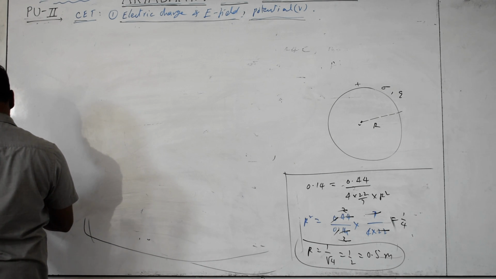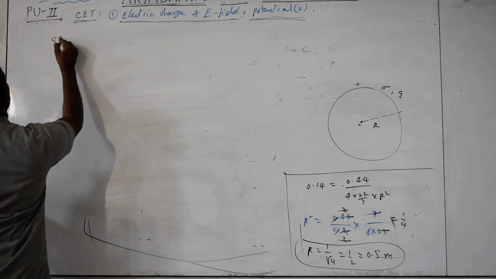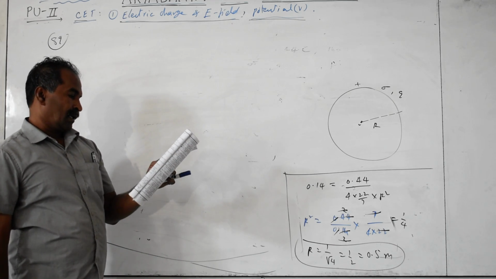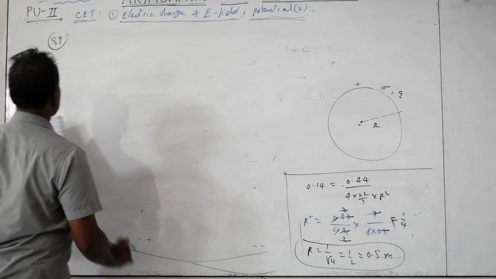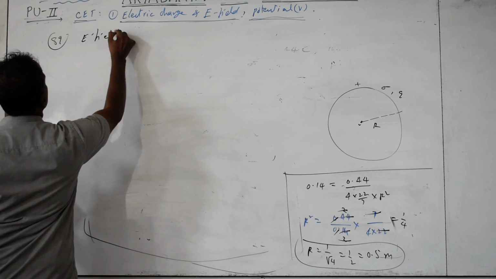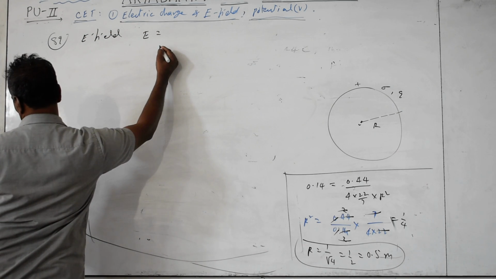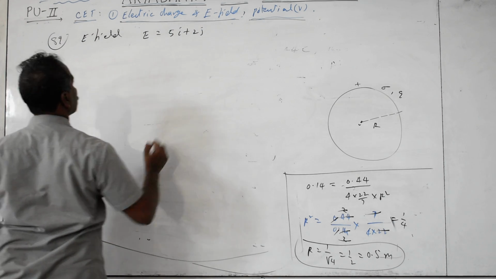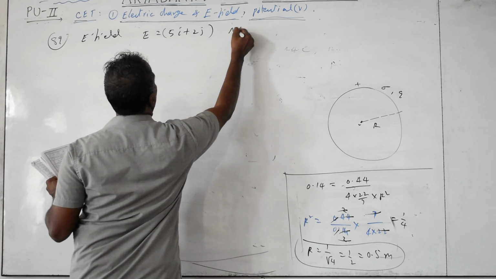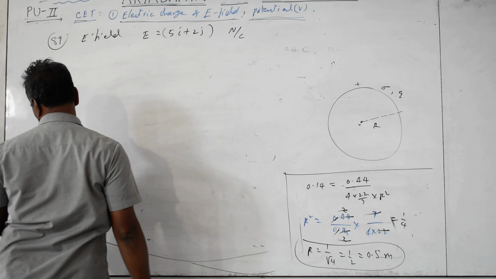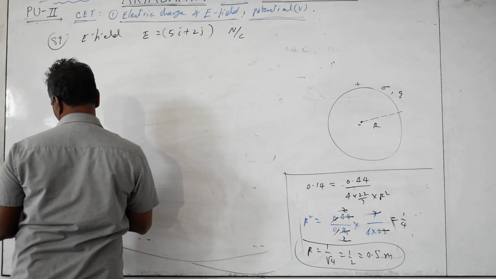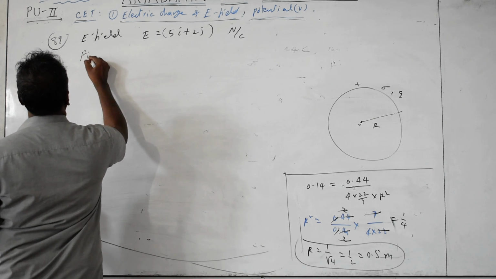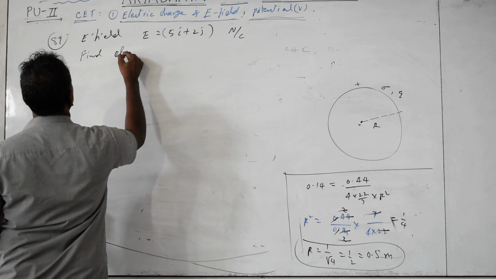Next is question 89. The electric field in a region of space is E equal to 5i plus 2j, in Newton per coulomb or volt per meter. Find the electric flux due to this field